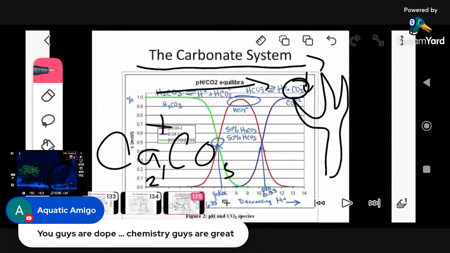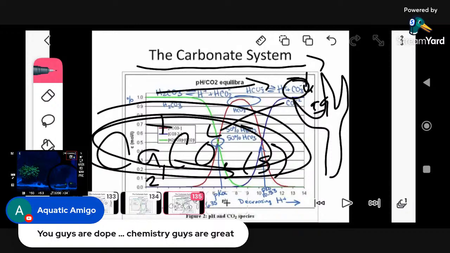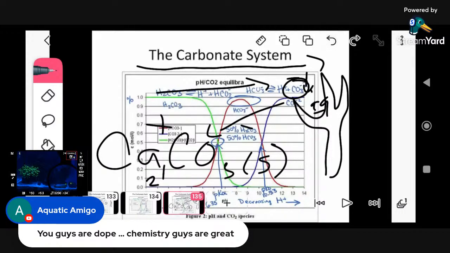But anyways, you see the carbonate? This is the negative charge of the molecule, because in nature you're never going to see just carbonate in the water unless you write it as aqueous. Usually this is the aqueous form, which means it's dissolved in water. But if you look at the units, it doesn't say solid, liquid, gas, or aqueous. Right here, I'm talking about solid, okay? So this is your coral calcium, your coral skeleton in solid form. This is what it's made out of. So when your pH is high, it's favoring the coral skeleton.